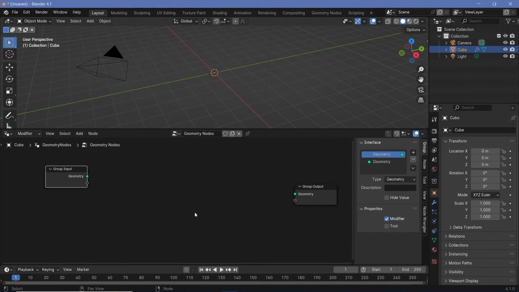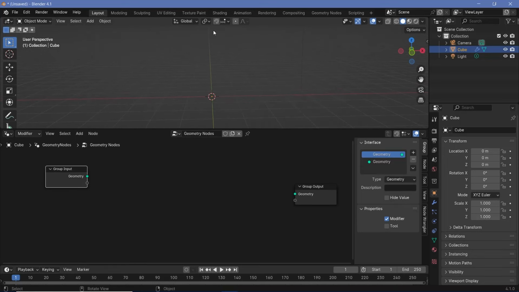geometry node section itself. Now, the main idea is to create a curve line that's going to go up in the z direction, but we're going to move it away from the center, and then we're going to wrap it around the center to create one side of this double helix. Then we're going to repeat that entire process, but we're going to move the original curve line in the opposite direction, which will create the double helix. Then we're going to create the connections between them to form the entire DNA structure. Hopefully that made sense, but we're going to get a clear idea of exactly what's happening when we start building,